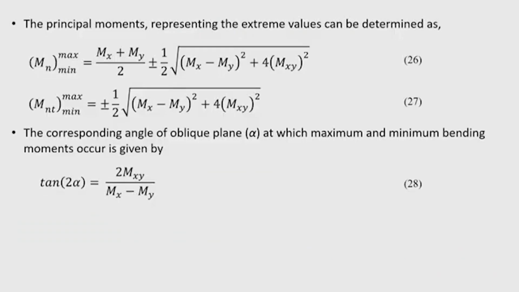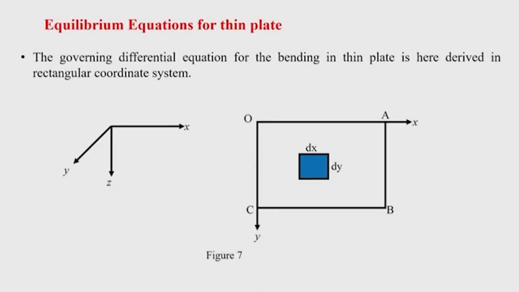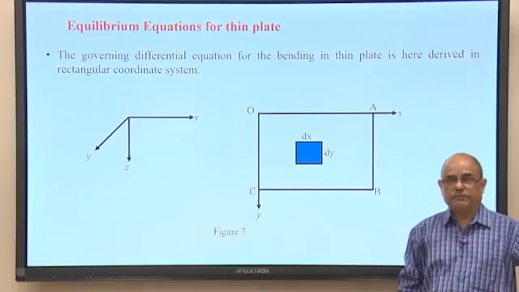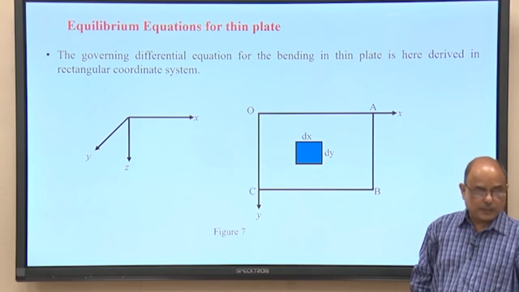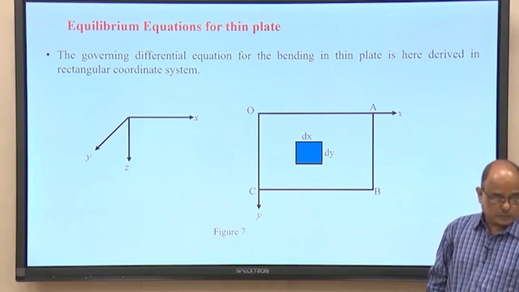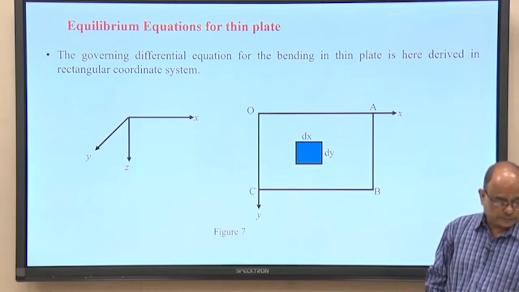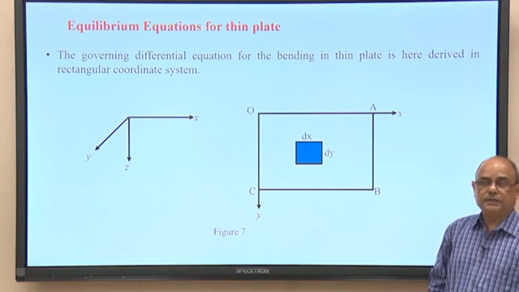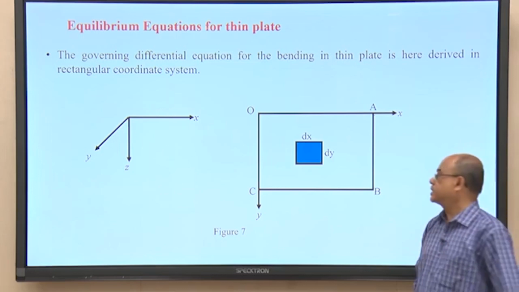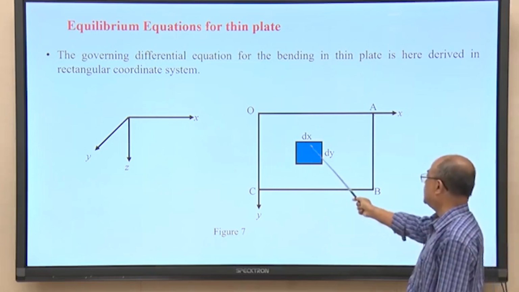So, these are the values of mn and mnt, maximum and minimum. Now, let us find the equilibrium equation of the thin plate. The governing differential equation of equilibrium has to be known, because otherwise we cannot solve for the deflection. To find it, let us consider a small element of the plate, dx by